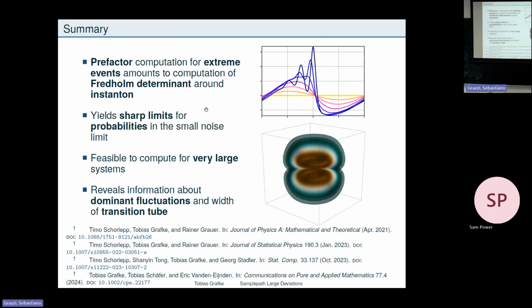So this is the summary of the prefactor stuff that I was just showing. You can go to next order, and this gives you sharp limits. And often we care about the sharp limits because I want a probability, not a probability scaling. Nobody really cares about, oh, here is your disaster, and it will scale like this if you let your noise epsilon go to 0. No, you want the number, right? Like, does it happen? The prefactor basically gives you the units, right? Is it milliseconds or is it decades?